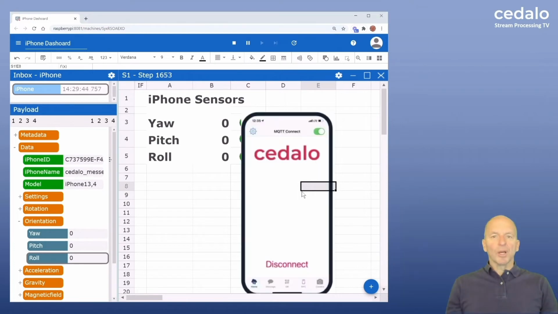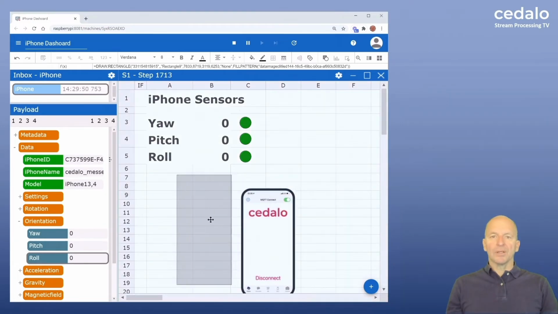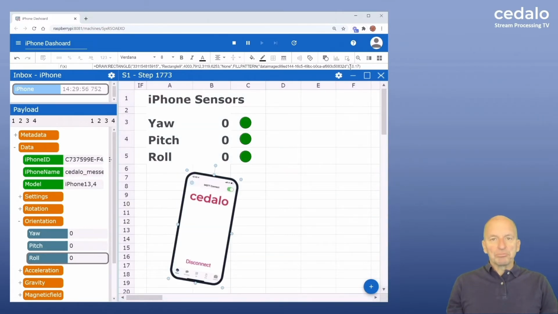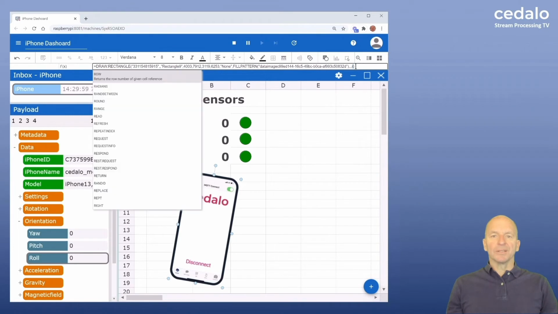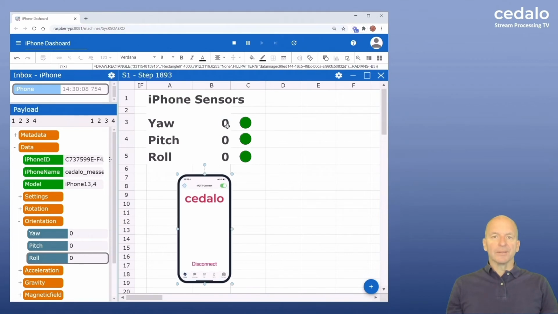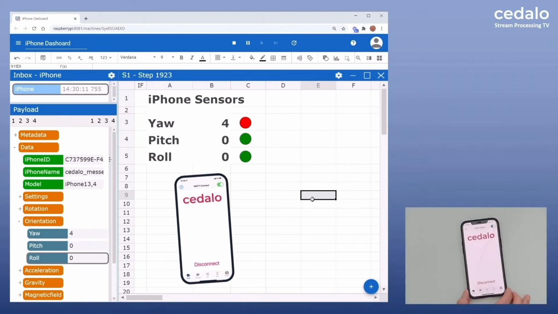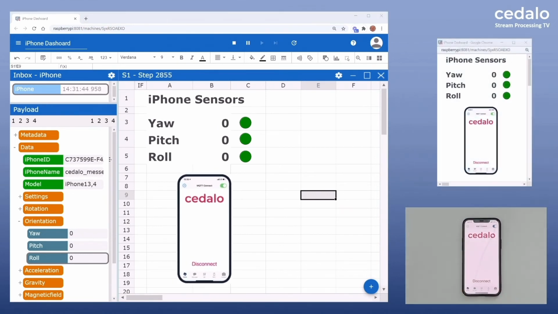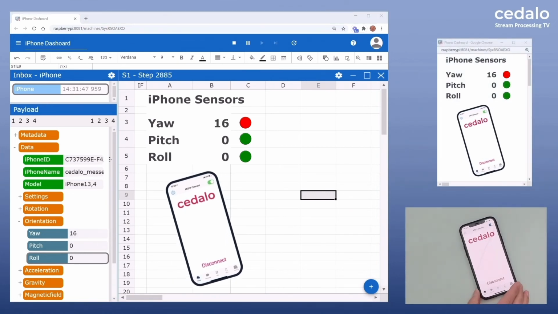Now I will import a bitmap in the Streamsheet that I have on my desktop. I simply drag it into the Streamsheet, and as I am rotating this bitmap, I have a value here, and now I'm linking this value to the degree value that we get from the yaw value from the iPhone. And you can see now, since we are linking the formulas, that the bitmap is rotating.